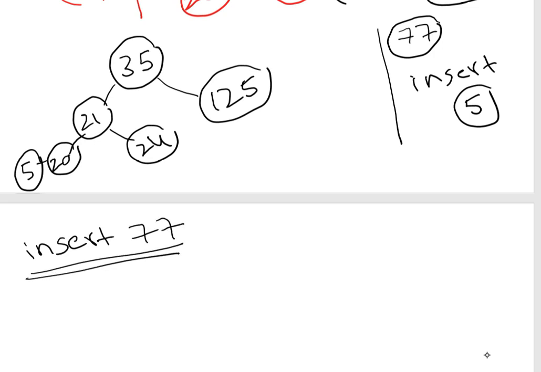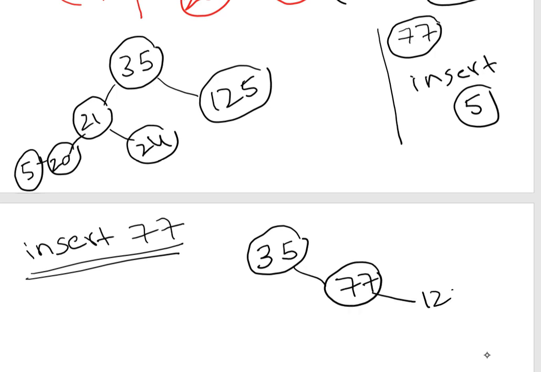What is the rule of a binary search tree? Here the root is 125. Smaller here, root is 35. Left will be smaller. Your right will be greater, sir. If you insert 77 here, how is it right? Because 35 is lesser than 77. Yes, sir. 125 is above. We have 77 in the middle of 35 and 125. So we will make 77 here, 125 here.